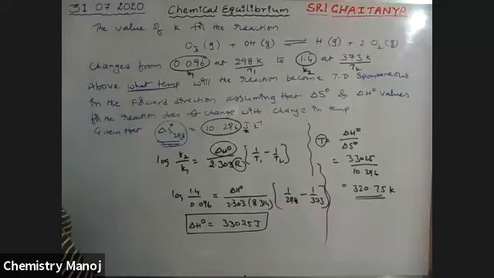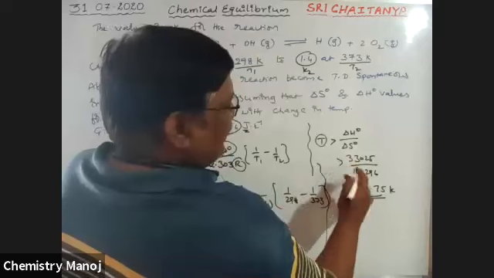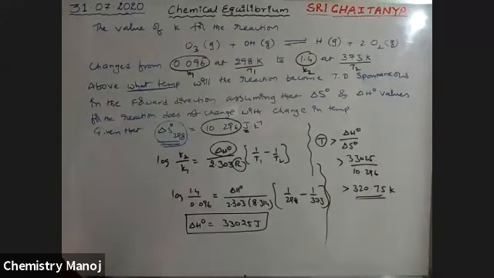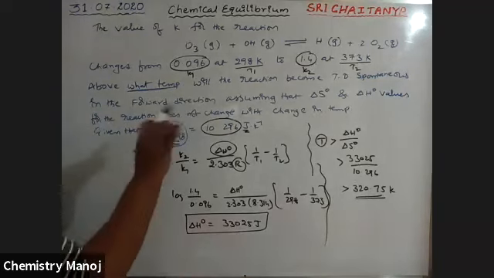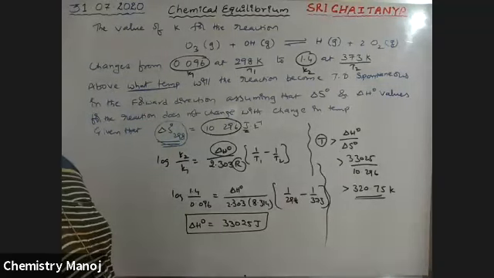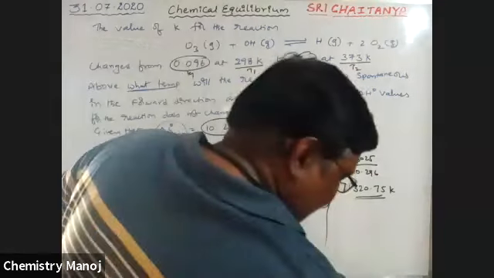Actually, it is greater than, as per our norms. So above that temperature the equilibrium is spontaneous, otherwise it is not possible. Above that temperature it is possible. Right? So this is the way to do this problem, and it is very, very important. Okay. Next and last, based on this concept.